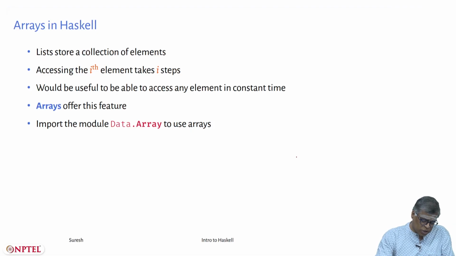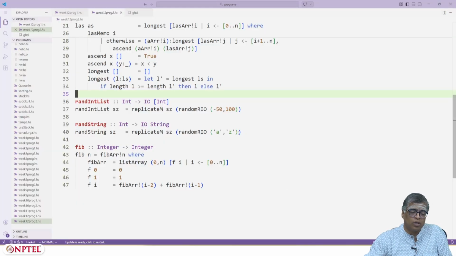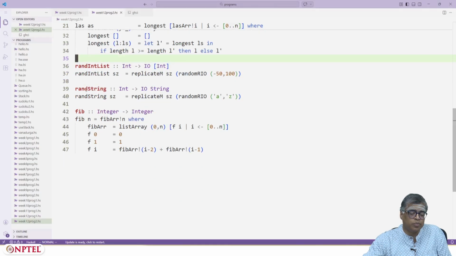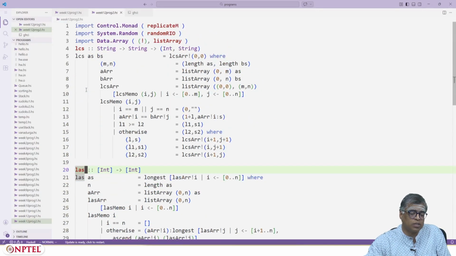So let us just go to VS Code and check that the current installation I have actually already supports arrays. So I have this program where everything is done using arrays.